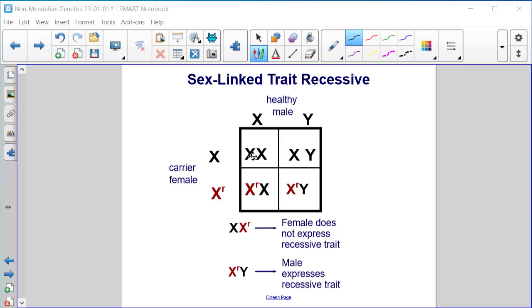XX normal, so a healthy female, XY normal, a healthy male, a female that has one normal X chromosome and one with the recessive allele. In this case, the female does not express the recessive trait. And then a male that has the recessive allele on its X chromosome, and this male does express the recessive